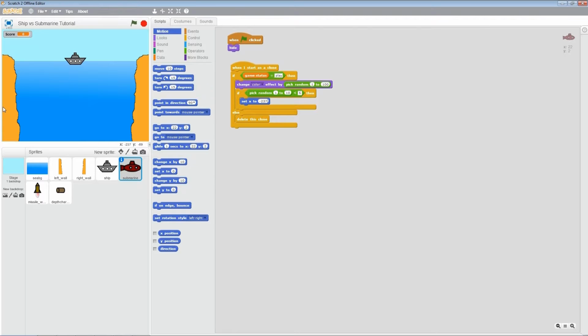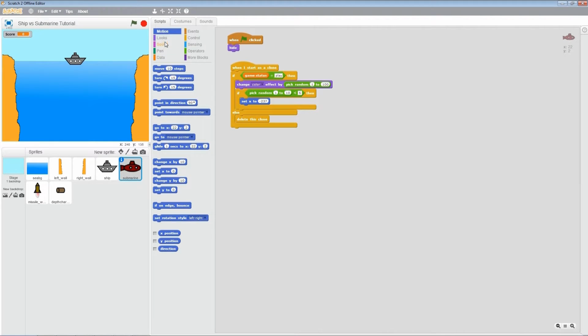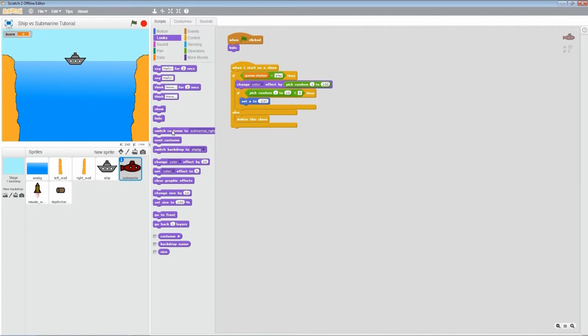Okay, so I know that this is a submarine that's going to travel from left to right, so I will want to make sure it's using the costume submarine_right. So I will do a switch the costume to submarine right, okay, and then I will need to